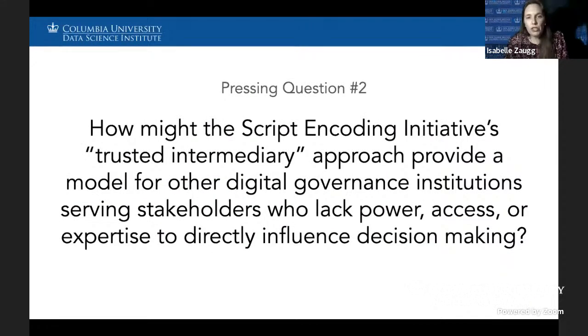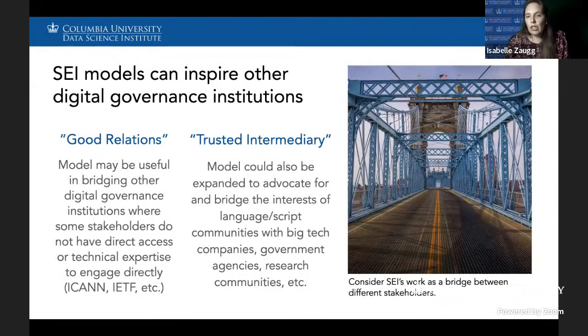The second pressing question that I explore here: how might the Script Encoding Initiative's trusted intermediary approach provide a model for other digital governance institutions serving stakeholders who lack power, access, or expertise to directly influence decision-making? Unicode and the ISO Subcommittee 2 Working Group 2 on character encoding are not the only spaces of digital governance. There are other institutions that similarly are marked by